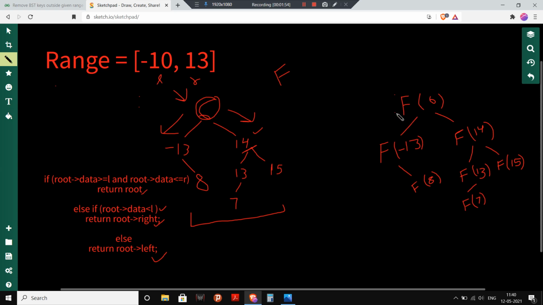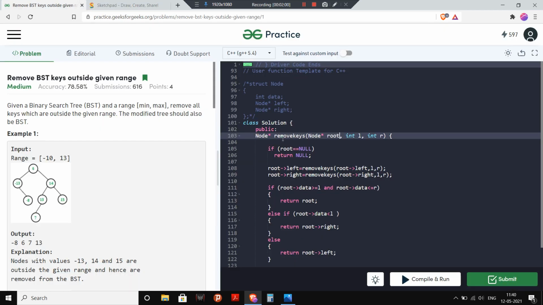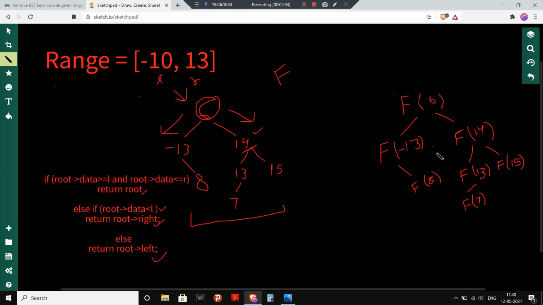Initially we have called the function f of 6, as we have called this function remove keys, node star root. So this is nothing other than f of 6. Now recursively we are calling the left child and the right child. So I am calling f of -30, then f of 14, then f of 8, then f of 13, f of 15, f of 7.